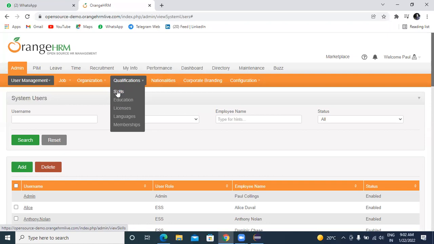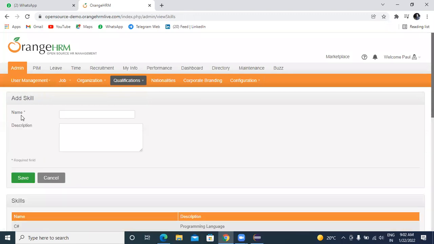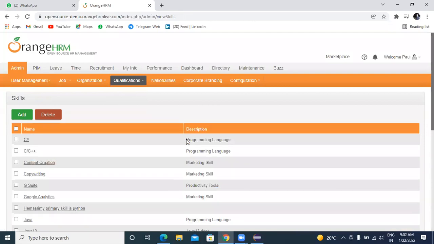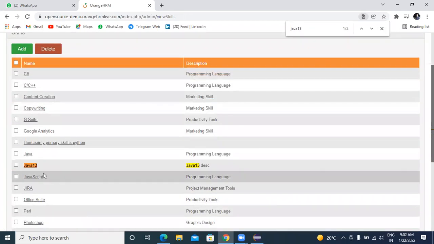And after that, I want to click on skills. And after that, I want to click on add button. And I want to enter skill name. So Java 1.3 and Java 1.3 description. And I'm clicking on save. So let's see, a new record has been created. Control F, Java 1.3. So this is the new record that got created.